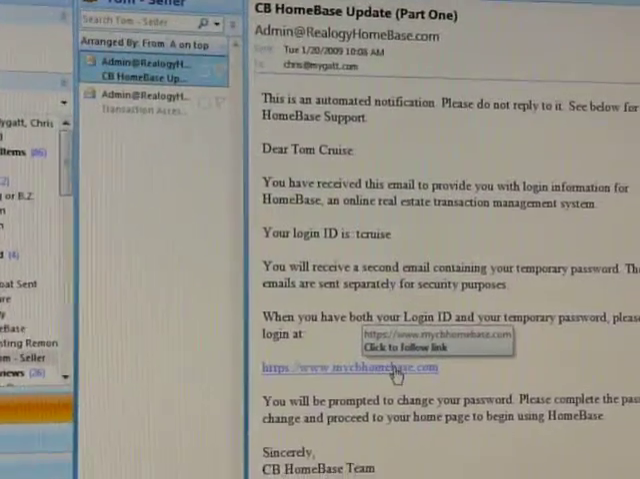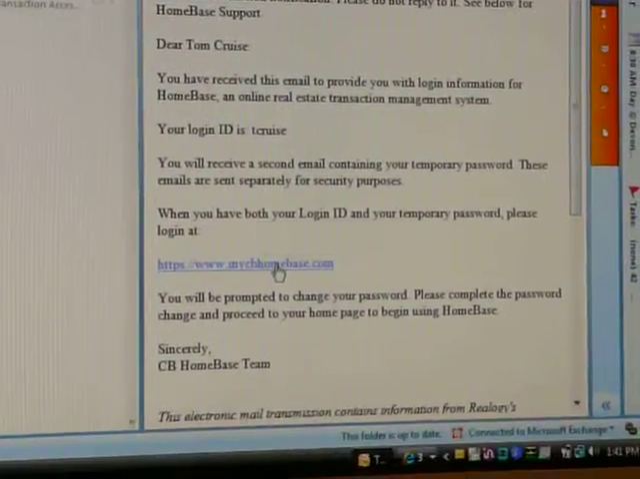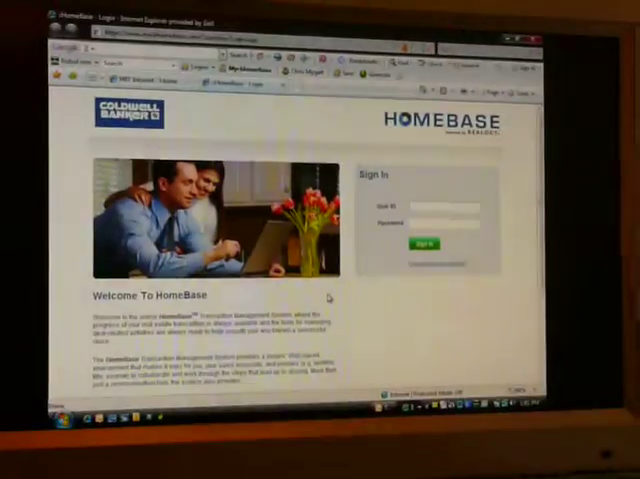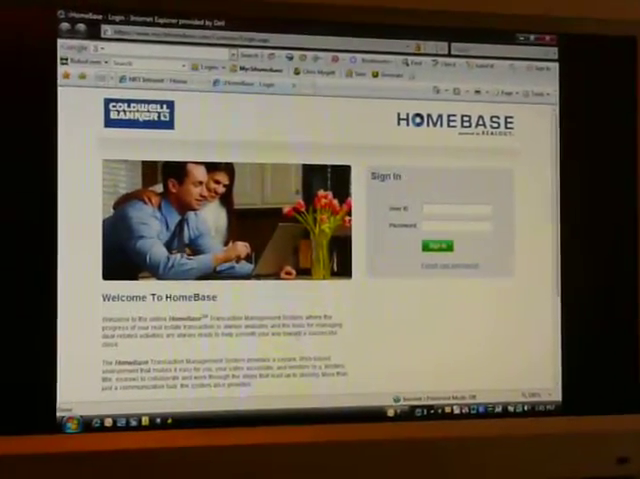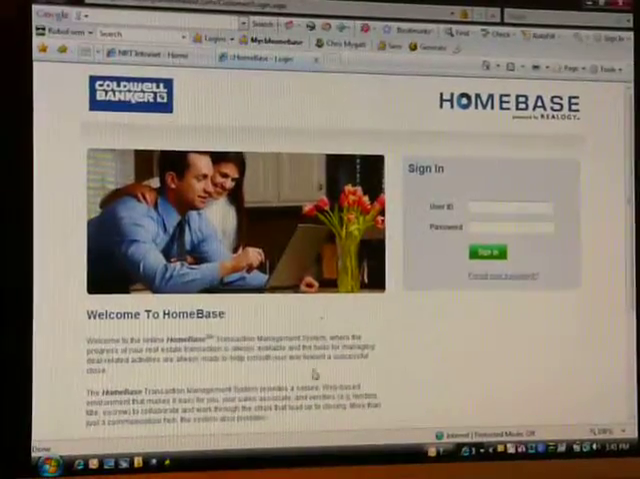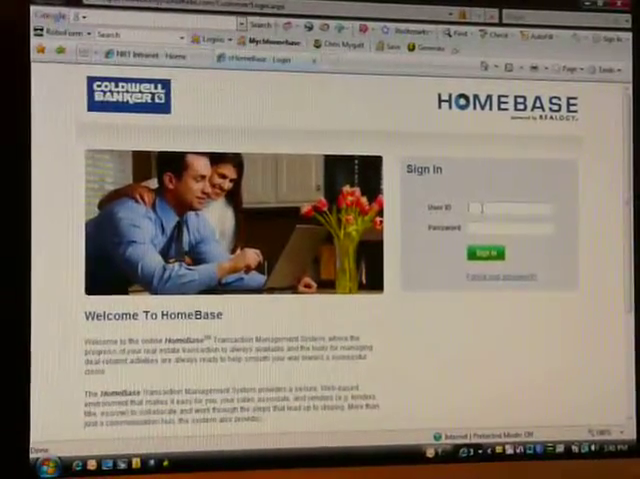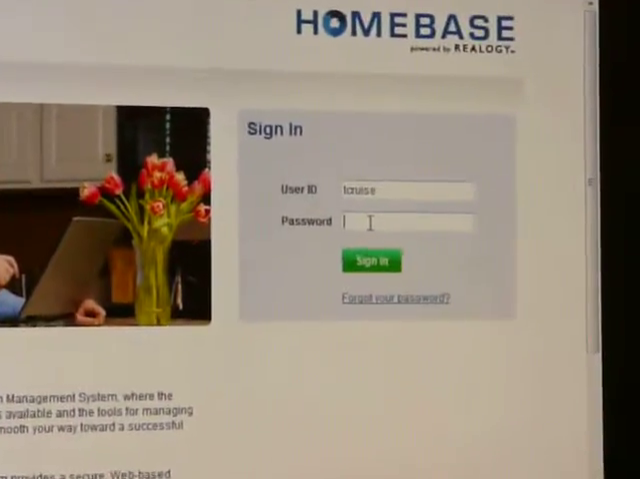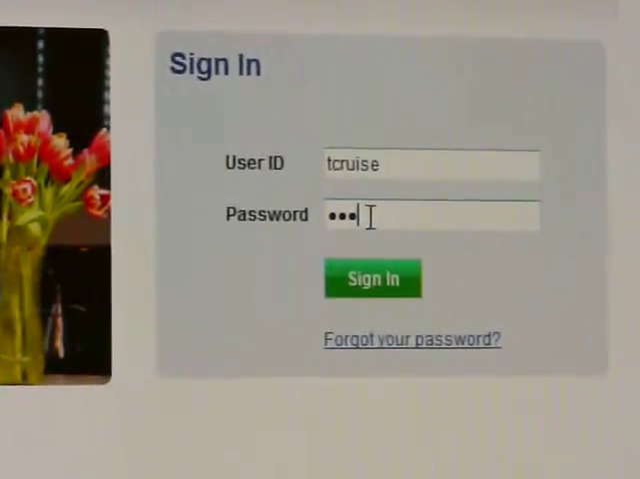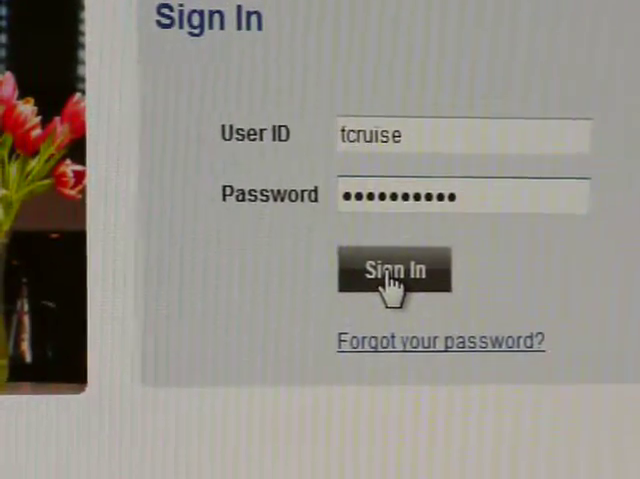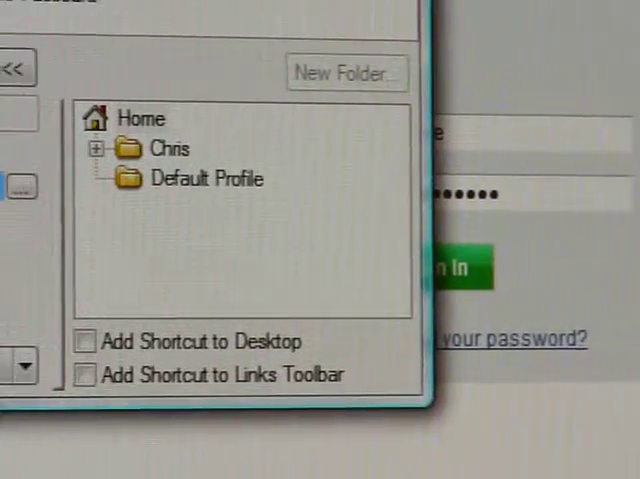We'll go into the link, mycbhomebase.com. It can be accessed from any computer, anywhere in the world, as long as they have internet access. This is the nice page they're going to see when they first go in. It has our logo, it has information about HomeBase, and they're just going to simply type in their username, which you assigned, as well as a password that the computer assigned. The first time they go in, they'll have to fill out a couple of security questions, but once they're in,